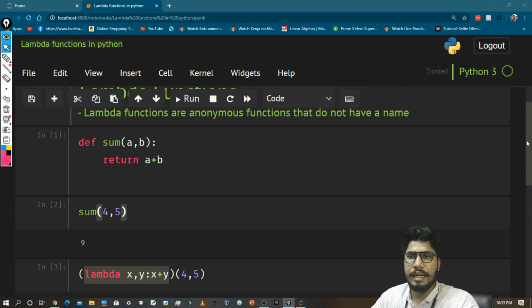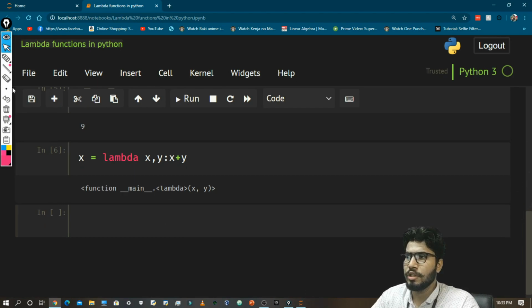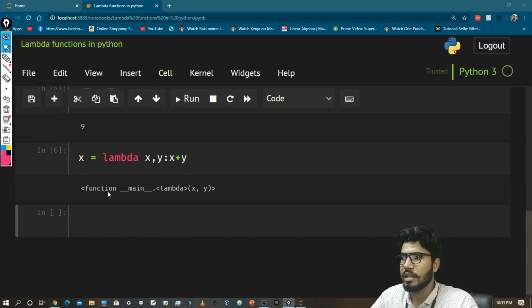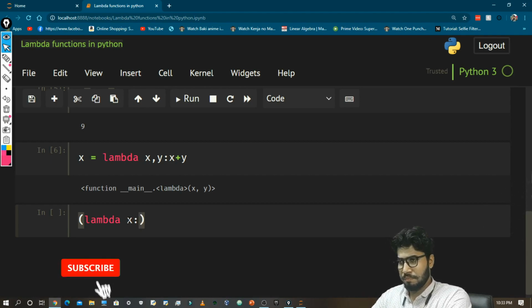So this is it, and now I'm going to make some more basic programs using lambda function, like the square of two numbers or things like that. So let's say lambda, and I'm going to pass just one parameter.